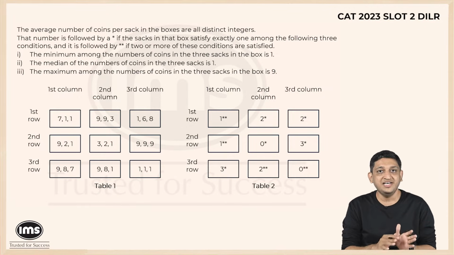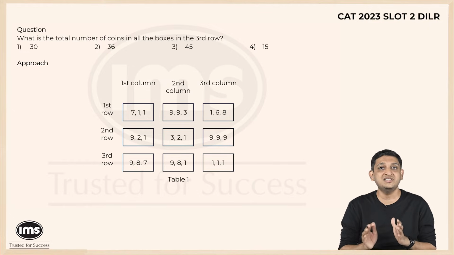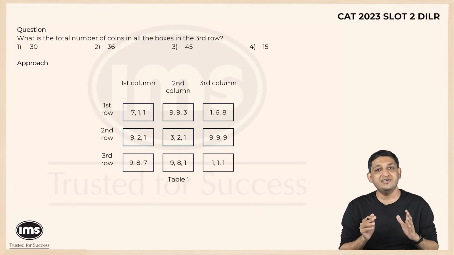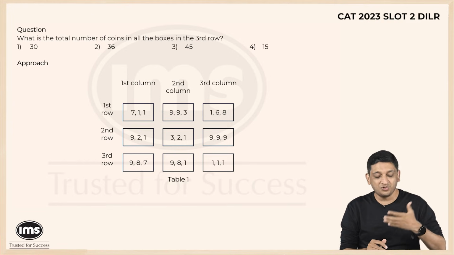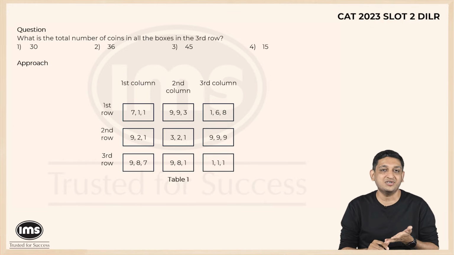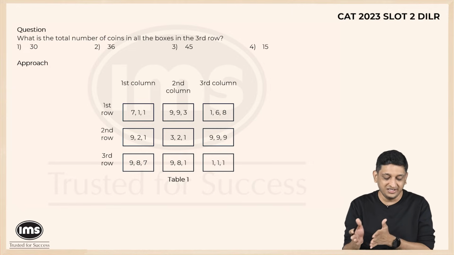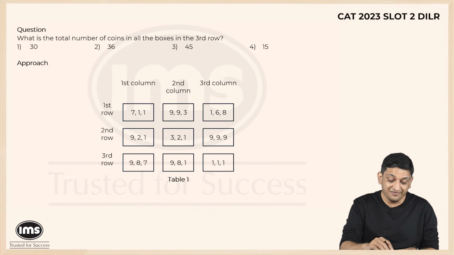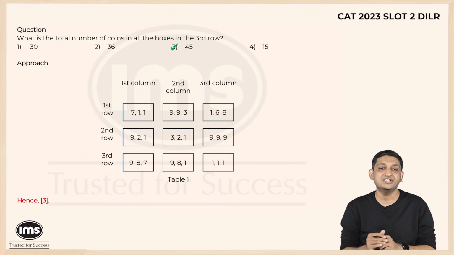Now we have all the data that we need to answer the questions. So let's go ahead and answer all the questions one at a time. In this question, we have to find the total number of coins in all the boxes in the third row. Now this question could have been answered even if you didn't solve the set at all. If you just figured out that we needed all multiples of 3 and you knew that the total came to 135 and each row and each column had the same value in terms of the total number of coins, you could have easily said that my answer is 45. So the correct answer here, even without solving the set, even without tallying the numbers that we have here, we can say for sure that the correct answer here is option 3, that is 45 coins in the third row.